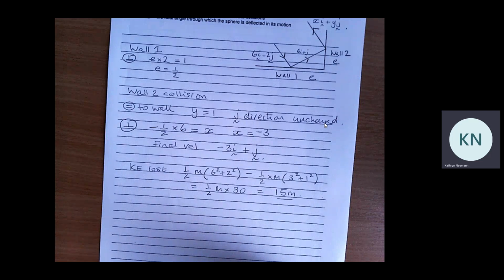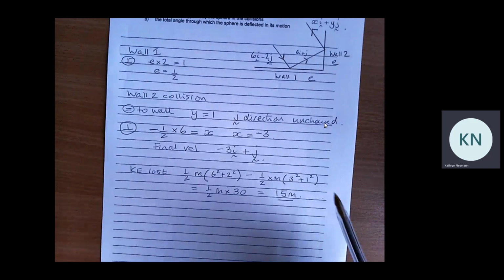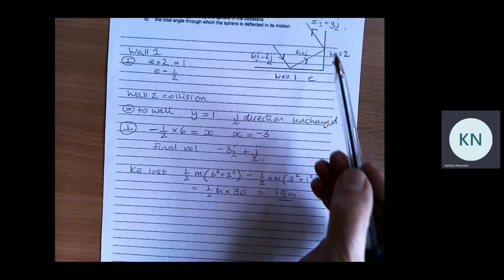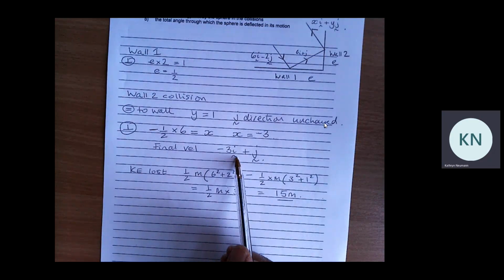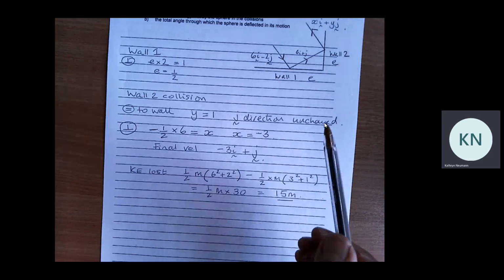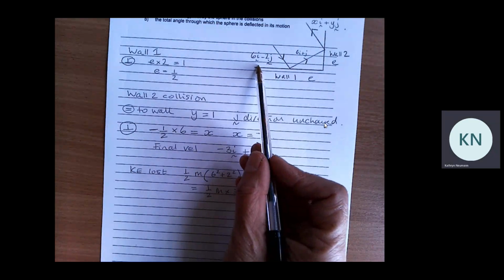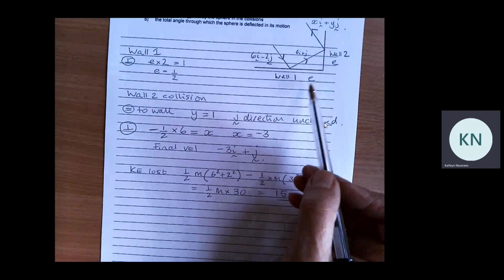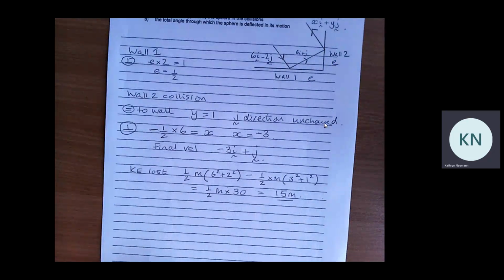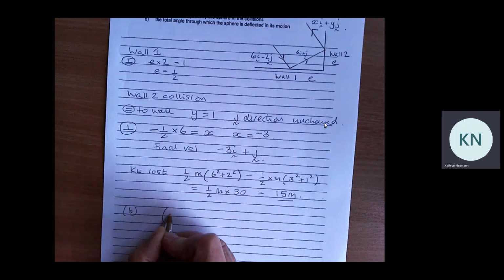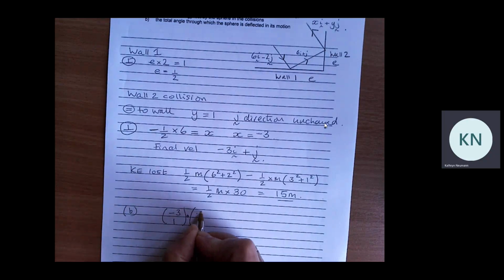Part B, the total angle through which the sphere is deflected in the motion. Well, it comes in at 6i minus 2j, and it comes out with this velocity here of minus 3i plus j. It actually is parallel. This vector here is parallel to the incoming vector, and we know that will happen if both of these values are e. But we ought to show it, so I would actually do for part B, use the dot product to say minus 3, 1 dot 6, minus 2